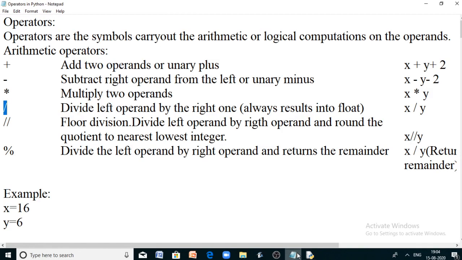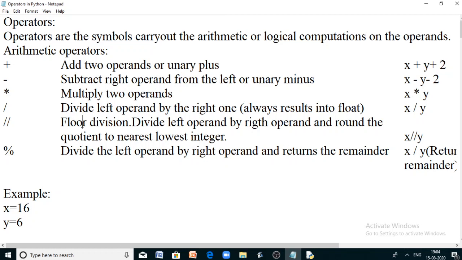But what does double slash division do? It's called floor division. It is doing the division of x by y, right? And it is returning the quotient as the result. So in that case, it's similar to the single slash division. But the main difference between single slash division and double slash division, or floor division, is that, as the name implies, it will round off the result or quotient of the division to the nearest lowest integer. Or it will floor the quotient you are getting.